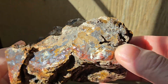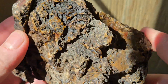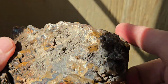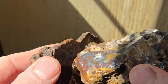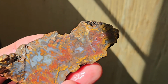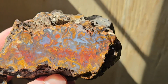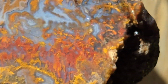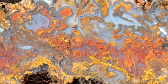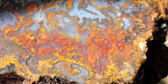And here's a big chunk. Kind of look, there might be some good stuff on the inside, but with this rough texture, I wouldn't think it'd be anything very big. And yeah, it does got some good color. Good pattern. It's pretty solid for what's there. Looks like a fracture running down the middle. But other than that, yeah, some